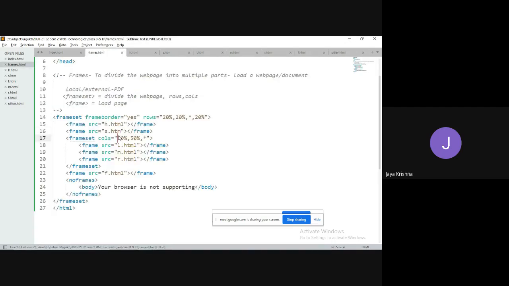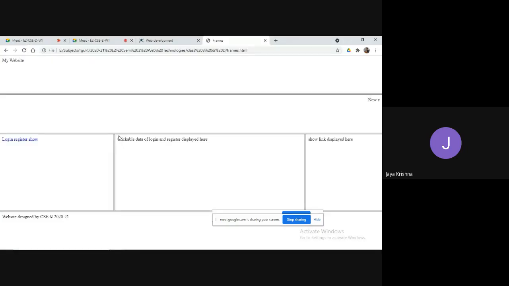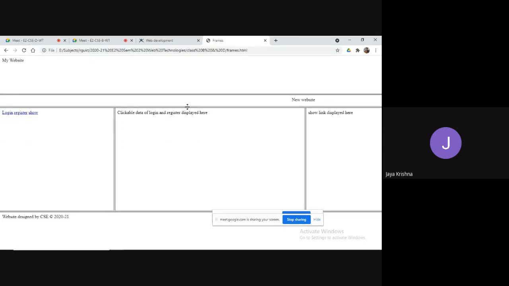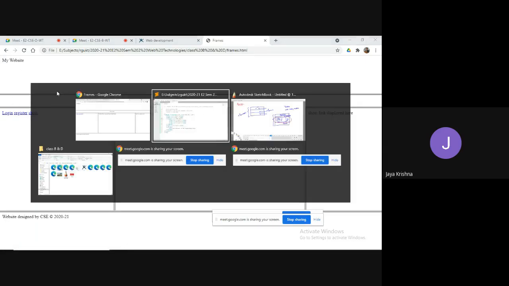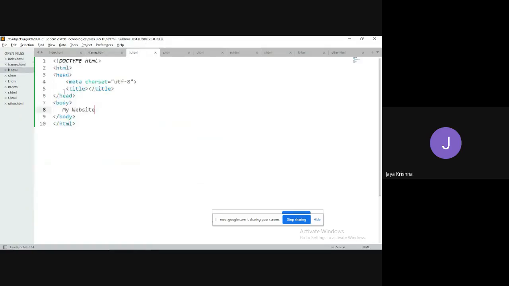Okay, let me check whether there are any errors once you load this one. Observe. So this is the thing we can load. If you would like to make adjustments, you can adjust. For example, I would like to make some corrections. Heading, I would like to make it center, and also it will be an H1 tag.